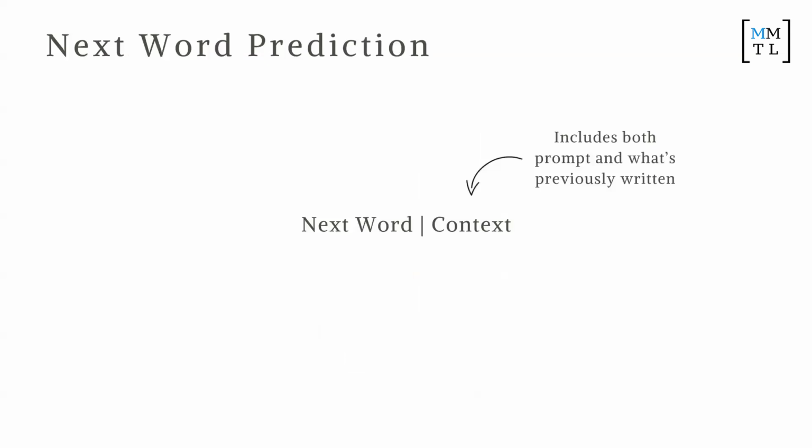Okay, so like I said, transformers, all it does is it just predicts what the next word it should say is based on the context. Okay, and now this context includes both the prompts of what you asked it, plus what it's previously written. Okay, so if, for example, it's already written a paragraph, it does rely on that to see what it should write in the next paragraph.